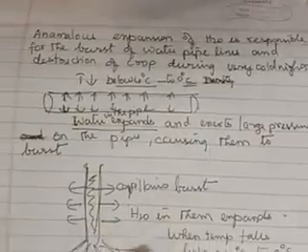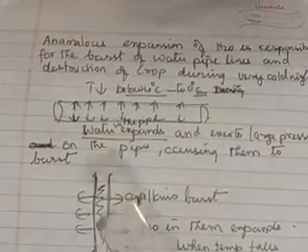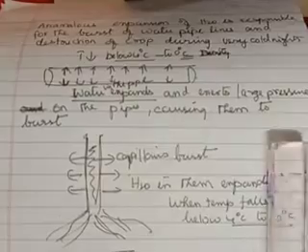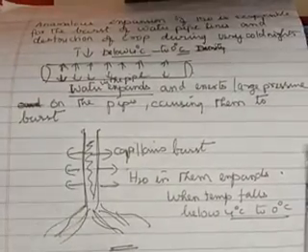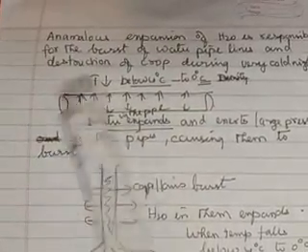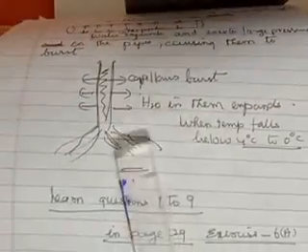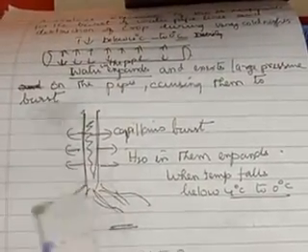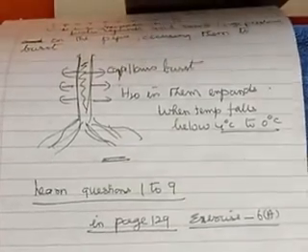See children, if any phenomenon is existing in this world, it will have both good consequences and bad consequences, advantages and disadvantages. Okay, so anyway, we have seen both. So understand this concept of anomalous expansion. First you learn the definition and try to understand, listen to the video carefully, be patient.